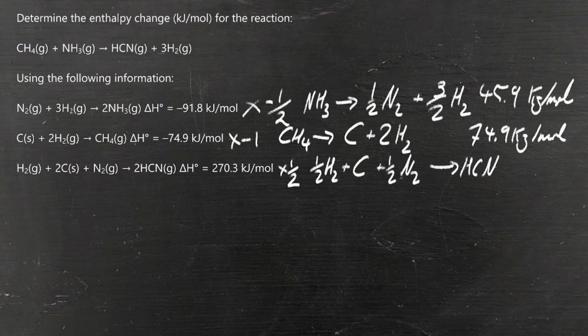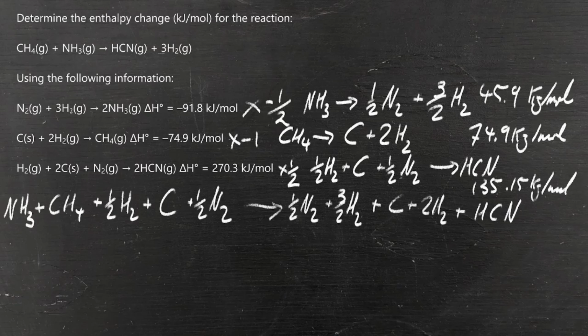And the energy associated with this will be 1/2 of what is written there, which is 135.15 kilojoules per mole. And we can now combine all of these equations together. And what we hope is that once we've written it all out, it should simplify and cancel down to the reaction that we were given to begin with. For example, the 1/2 N2 and the 1/2 N2 will cancel out. The same is true for the carbon and the carbon. And once we combine the hydrogen that's on both sides,